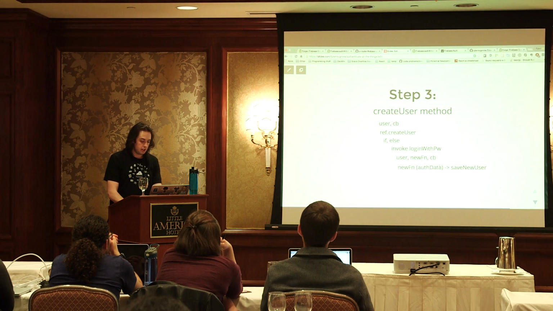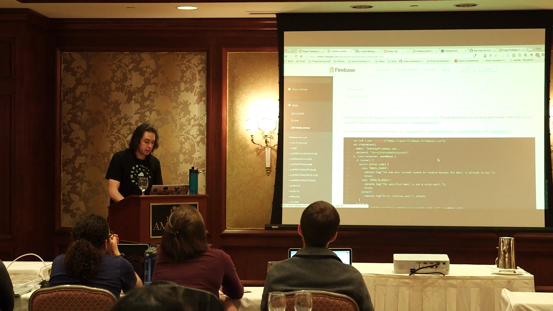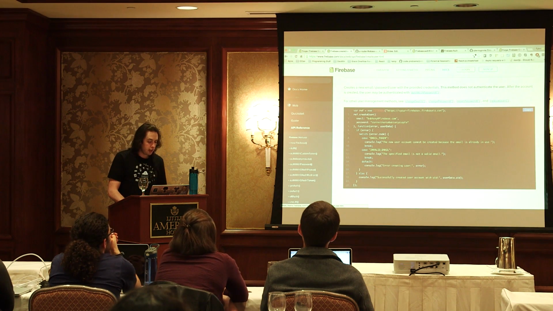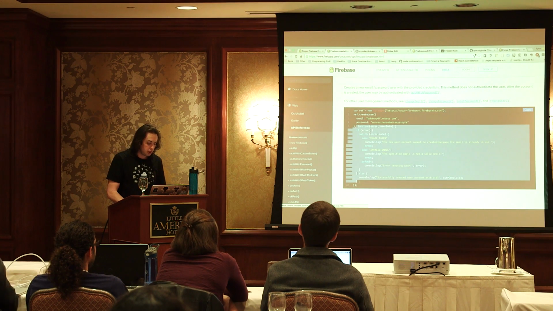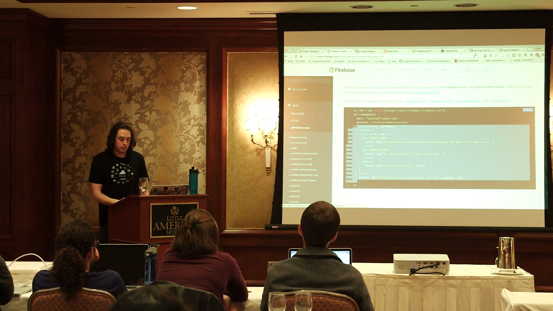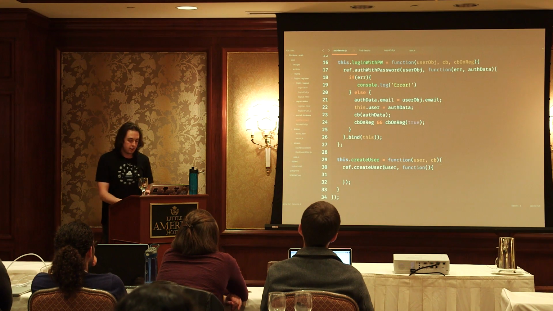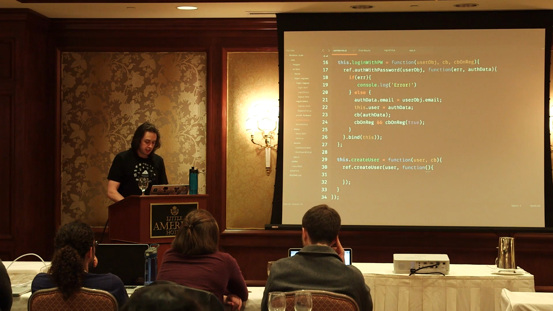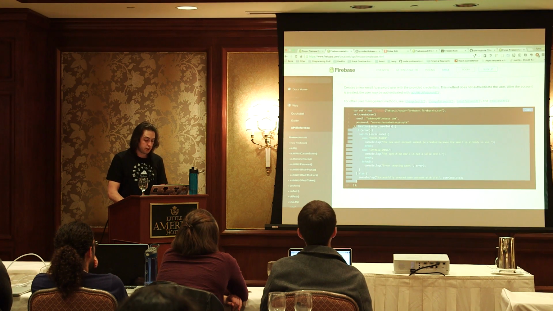So create user. We are going to use Firebase's handy create user. If we read about it, or even just look at the examples, it looks like in order to create a user, we pass it this user object, the same thing as logging in. And then we pass it a callback to invoke when they're done creating that user for us inside Firebase. So we want to pass it our user object, which is an object with an email and a password property. And then we pass it a function to invoke. They're going to invoke it with an error and user data again.